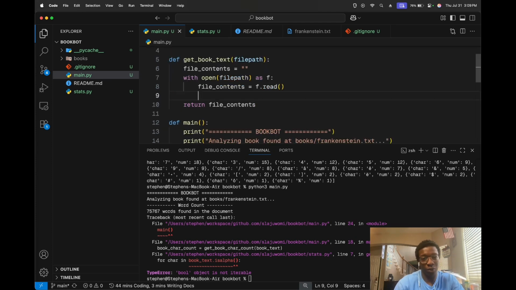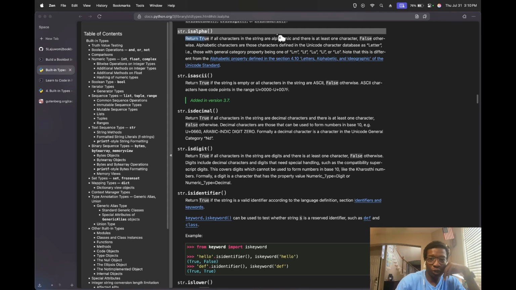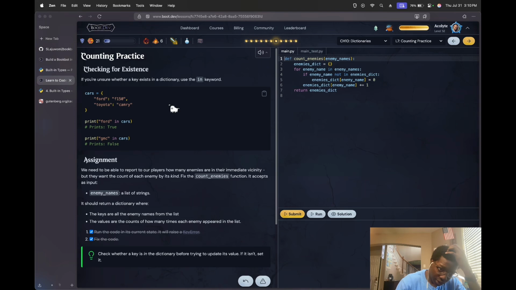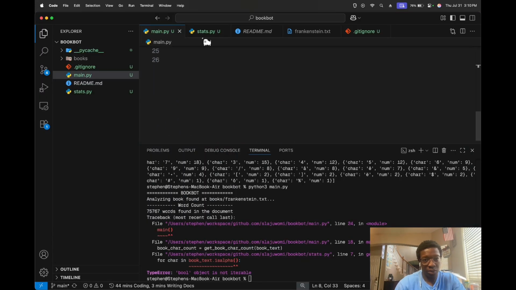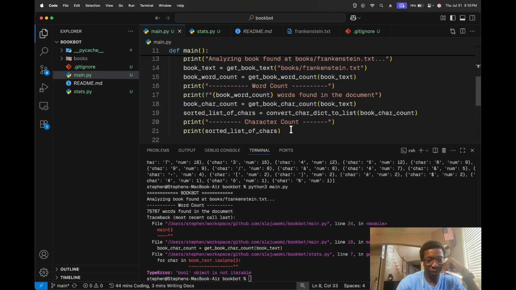I think up here go like, there's true all the characters are alphabetic and there's at least one character. False otherwise. Print the report to the console as shown. If the character is non-alphabetical character, yeah, let's skip it. So maybe they're saying when we're printing the characters,